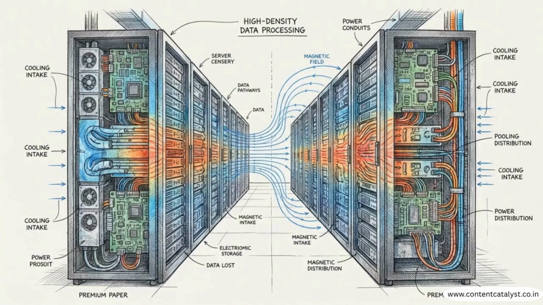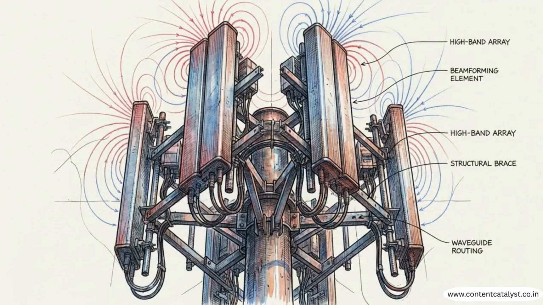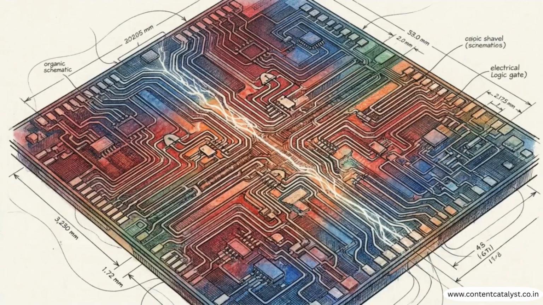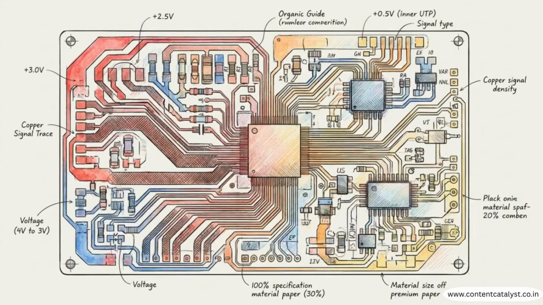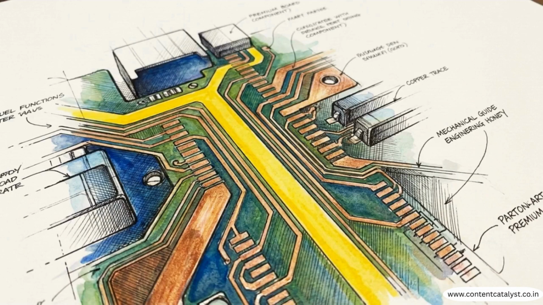Modern AI infrastructure processes data at high densities, while 5G networks operate at frequencies measured in the tens of gigahertz. At these extremes, hardware operates in an entirely different physical regime. Standard circuit theory assumes electrical pathways are isolated. In this model, you send a signal down a copper trace, and it arrives exactly as transmitted, unaffected by its